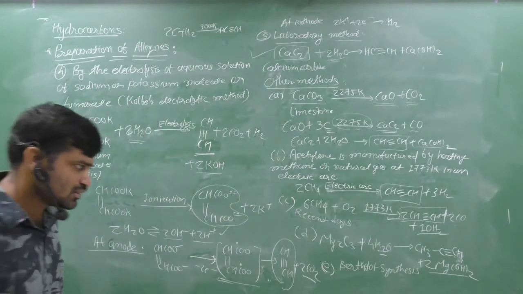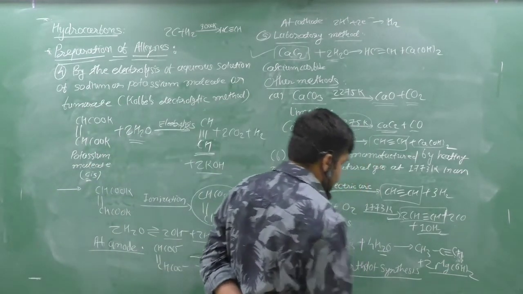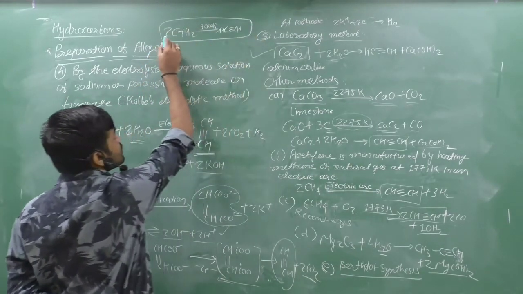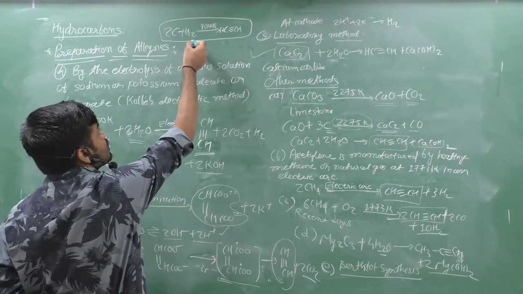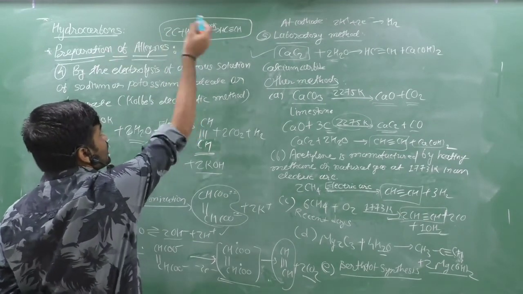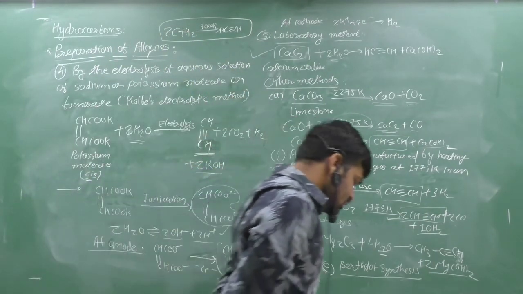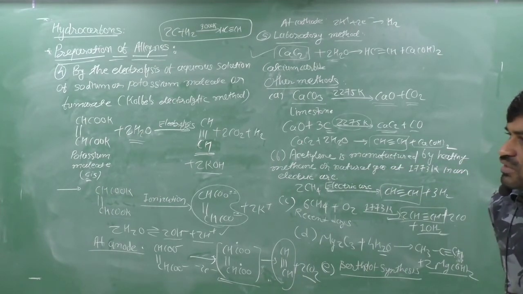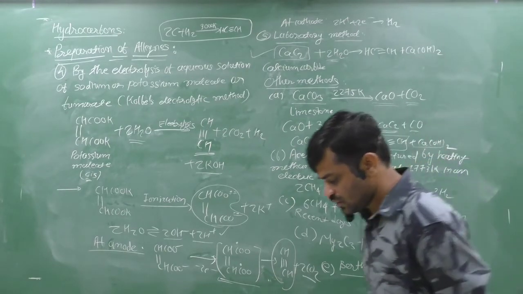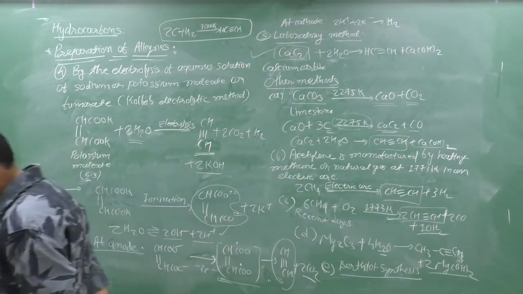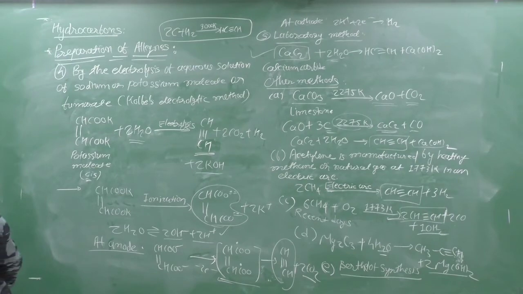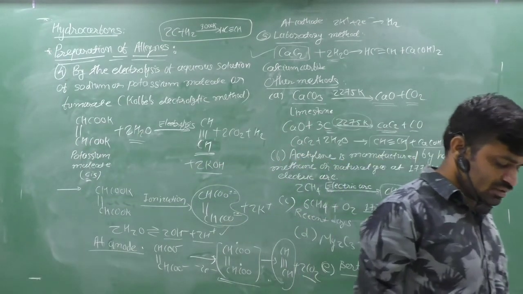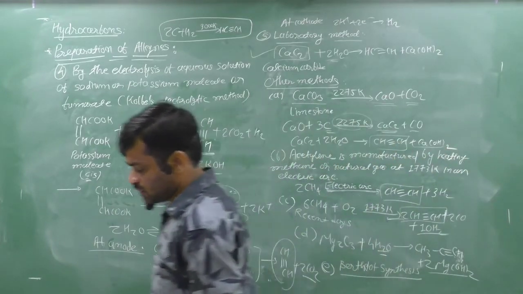And the last method is Berthelot synthesis. It is this. We can have carbon and reduce it with the help of hydrogen at 3000 Kelvin to get acetylene, CH triple bond CH. So here we discussed some preparation methods of alkynes, and in our syllabus 2 methods are given. We can discuss other methods also, and here we finish the